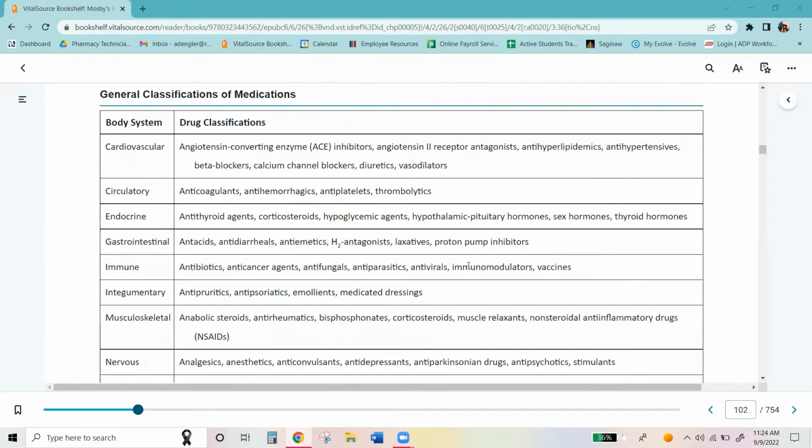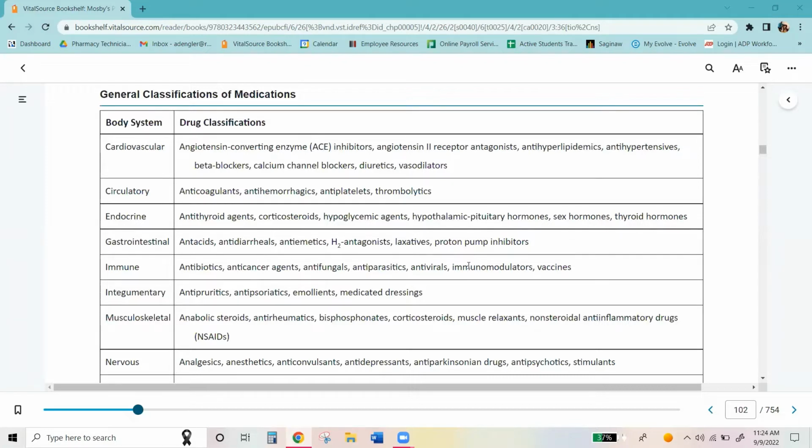In the endocrine system, we have antithyroid agents, corticosteroids, hypoglycemic agents, hypothalamic pituitary hormones, sex hormones, thyroid hormones. In the gastrointestinal, we have antacids, antidiarrheals, antiemetics for nausea or vomiting, H2 antagonists, laxatives, proton pump inhibitors for GERD. In the immune system, we have, of course, antibiotics, anti-cancer agents, antifungals, antiparasitics, antivirals,